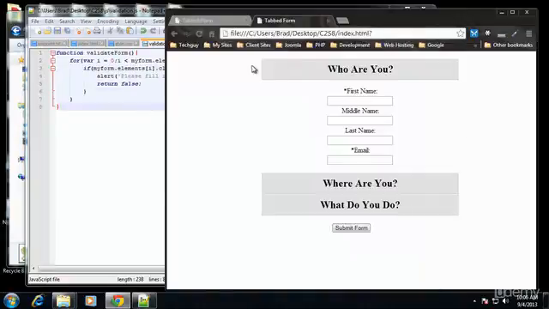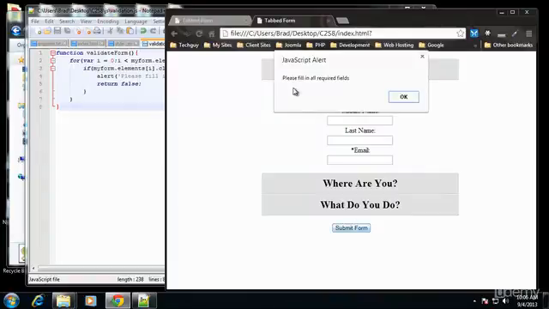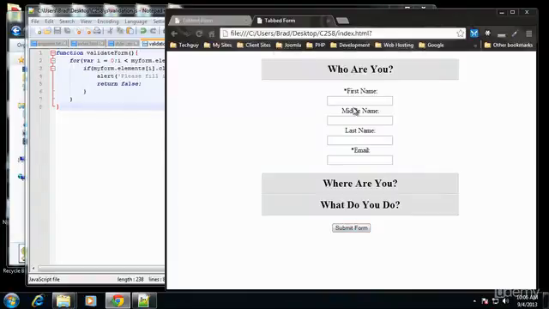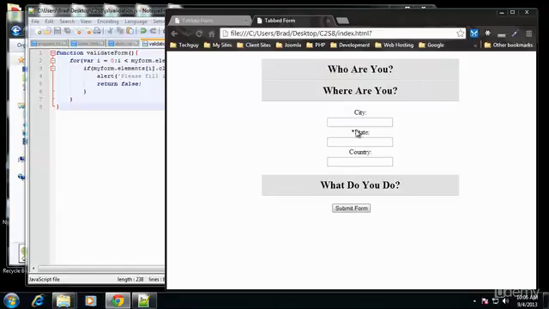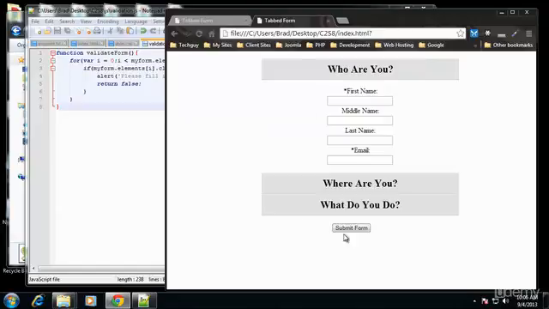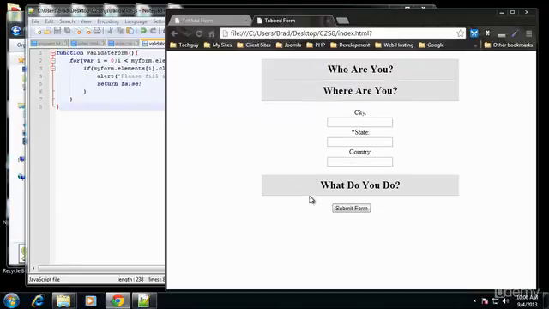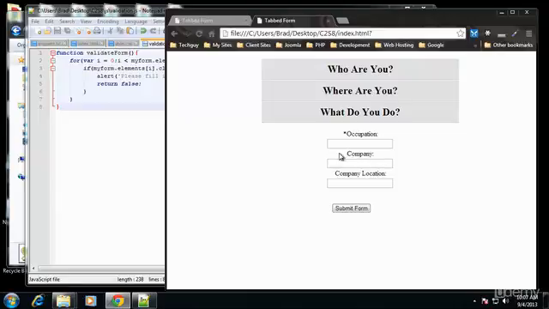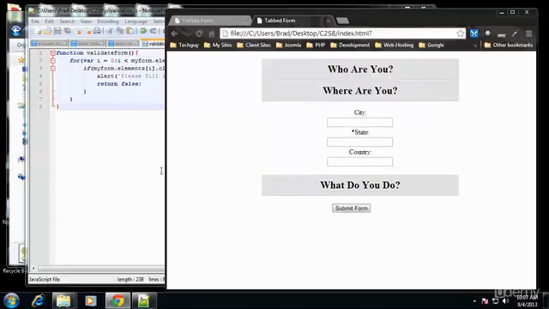So let's save that, reload, and if we submit, we get please fill in all required fields. If I fill in one field, it's still going to do it, so we have to make sure all required fields are filled. And of course it's not submitting anywhere, but it was returning true and there was no alert message. So that's pretty simple form validation. You can get more intricate. You could highlight the fields that are missing, but in this case we have these tabs, so that's really kind of pointless because they'd have to go through each tab anyway. So that's just really simple